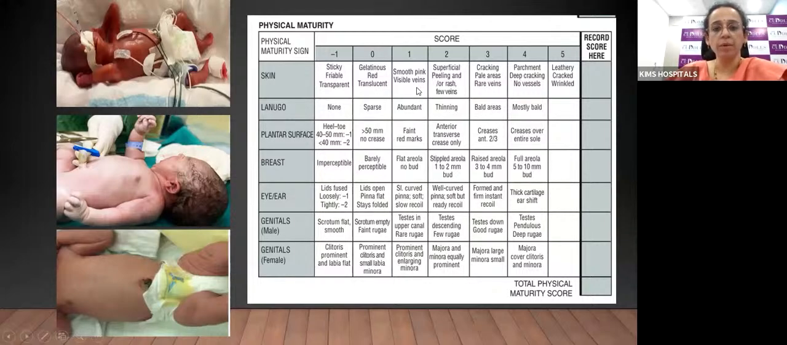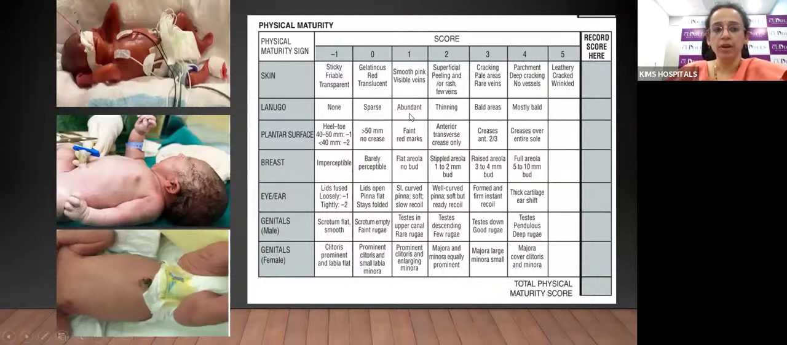Then it becomes smooth and pink with visible veins, followed by superficial peeling and plus or minus rash and few veins. Then as the skin becomes more and more mature, it leads to cracking in pale areas with rare appearance of veins. Then it becomes parchment with deep cracking and no vessels at all, and the final stage is leathery, crackled and wrinkled skin. So we can also assess the gestational age with other parameters like the lanugo, which is abundant